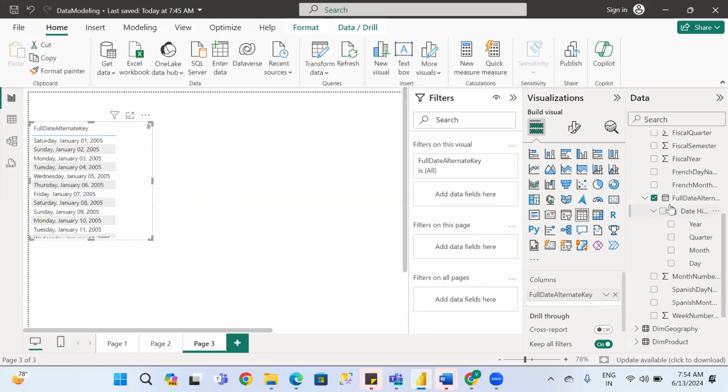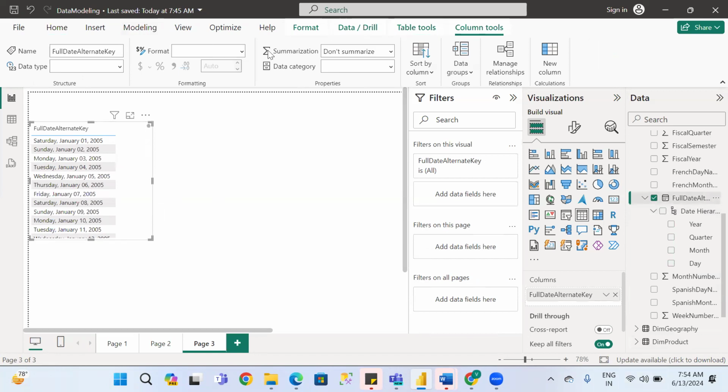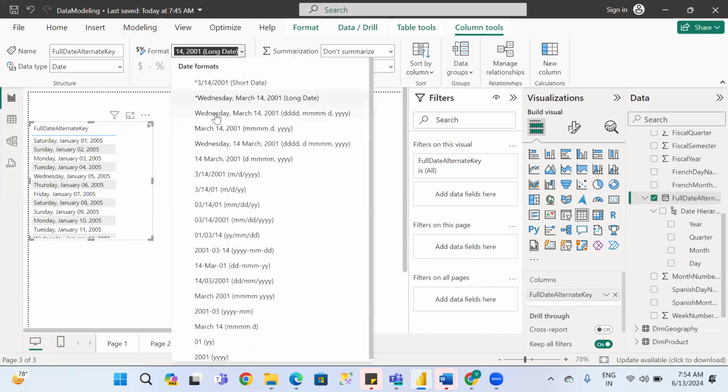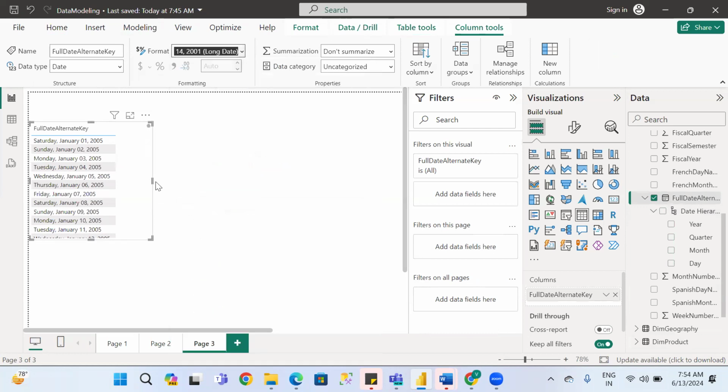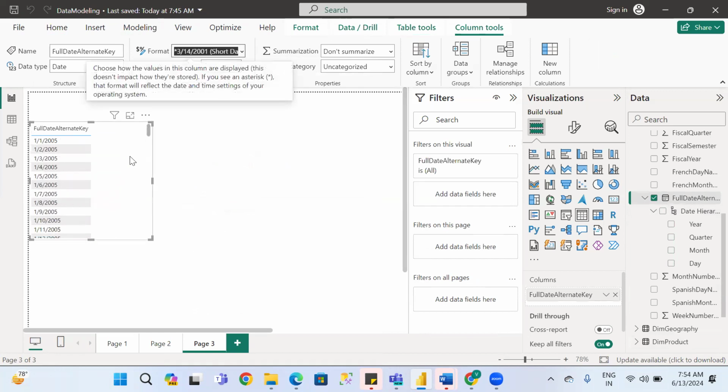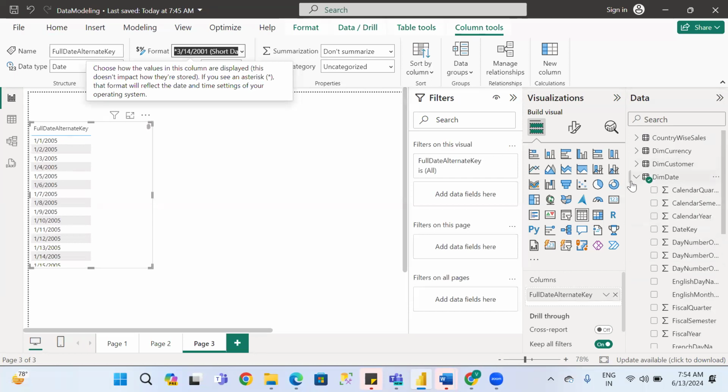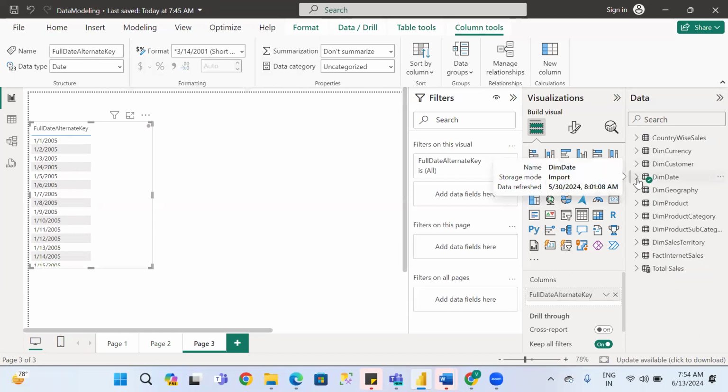I want to convert this one into short date. Short date, yeah, the very first one. Okay, that's fine. So now, first of all, I'm going with this everything from now onwards, this file only. It's already the data modeling file you already have, right? So we'll go for